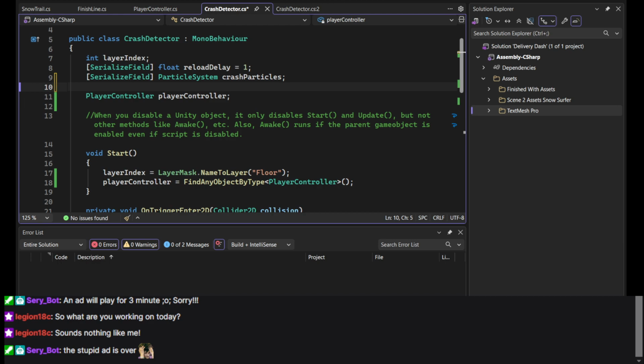So I'll create it with void start. And inside, I'll set the player controller to be equal to find first object by type, which